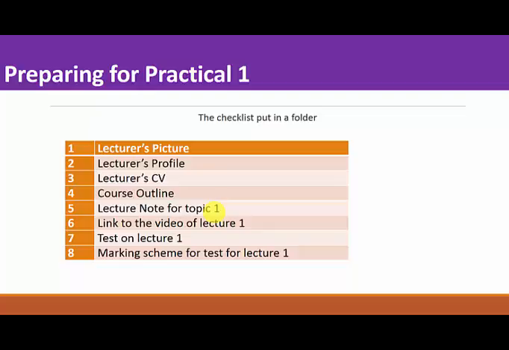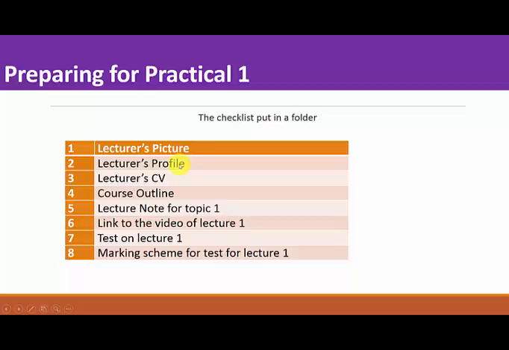As I conclude this introductory part, what you need to do, my dear colleagues in LASU, is to have 8 things all set. Because this intro will be there for about 1 or 2 days, but today is Monday, and in a few days' time, I'll be running you through practical 1, and you have to have all of these things ready. Recall that I said our goal is to achieve